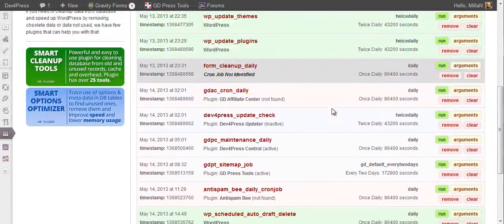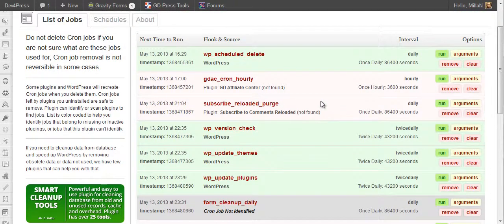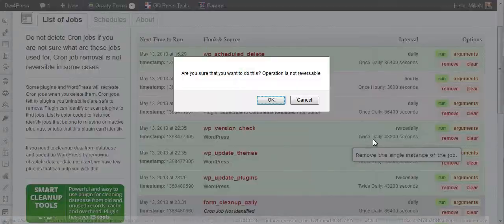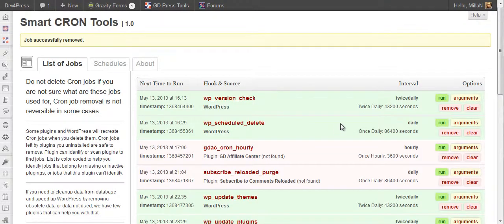And it's gone. If you try to remove WordPress related jobs, in most cases that will fail and WordPress will reschedule a deleted job on the next run. So if we remove this one, here it goes again.